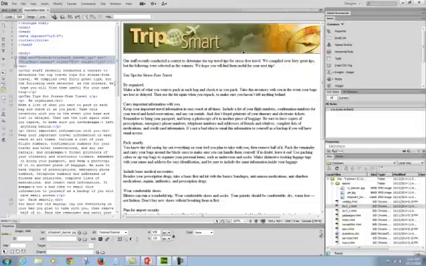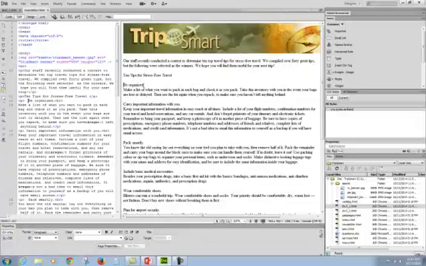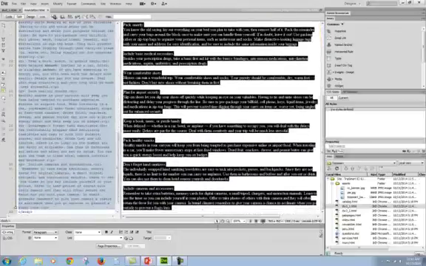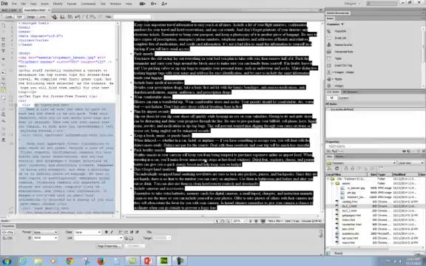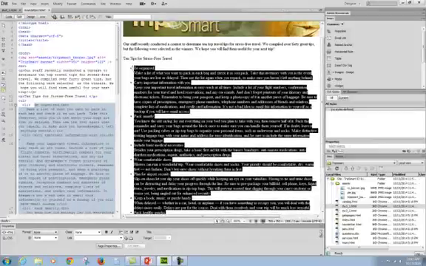So I'm going to go ahead and start right here where it says Be Organized, and I want to take this all the way through to the end of my page. So I'm going to highlight all of this text here. Now, what I'm going to do is create an unordered list by just pressing this button here. You can see that now I have bullets next to each one of these statements at the beginning of each paragraph. Now I also want to create a CSS rule called paragraph text, which is going to go in and